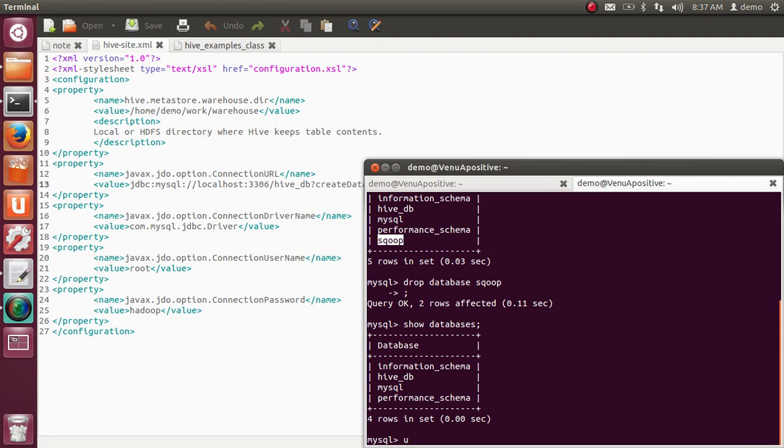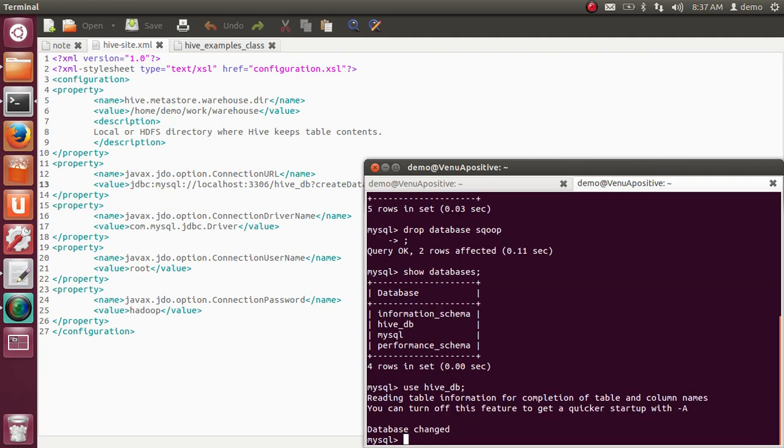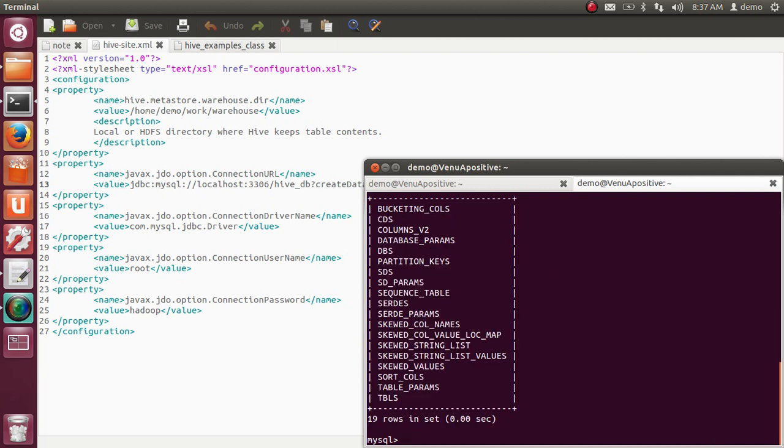Now if you want to process this data, use hive_db. Now show tables. Everything is displaying here: buckets, columns, partitions, sequence table, and so on. Every information is automatically stored in here.